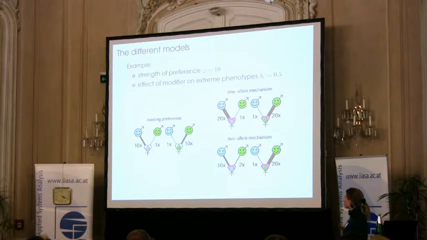So this is similar for green-liking females. They also have a stronger preference for green males, but the modifier only strengthens the preference in combination with a green-preferring allele of females. But if it's occurring in a female which originally liked blue males, then she will also have a new induced preference for green males, and so in the end this will reduce her existing preference for the blue males.